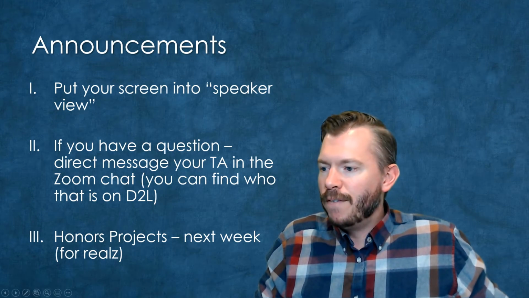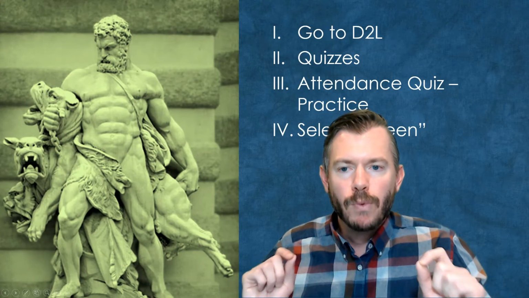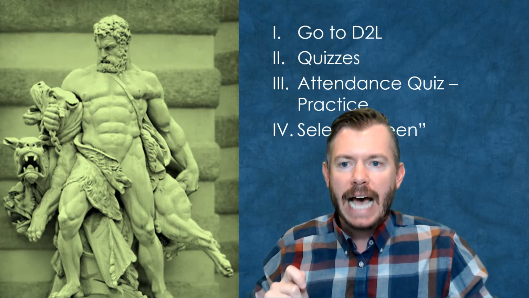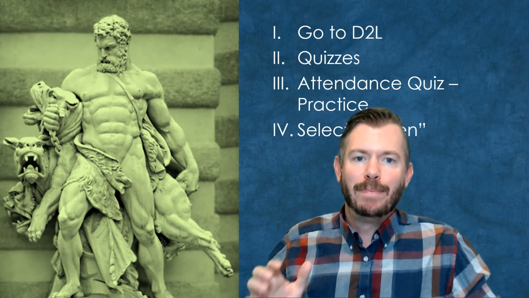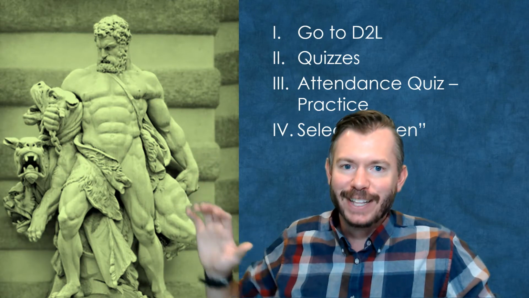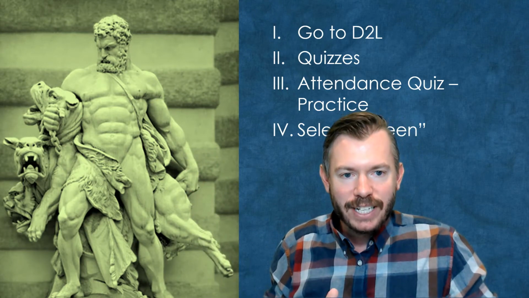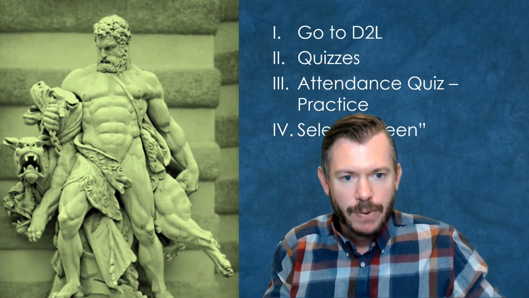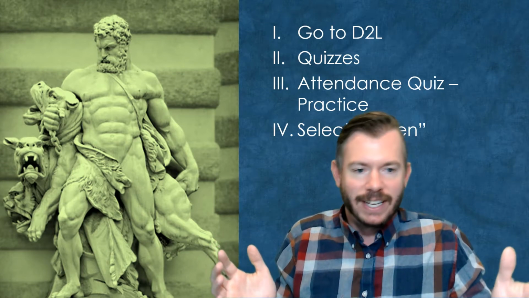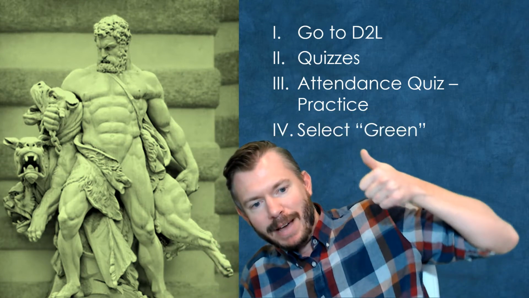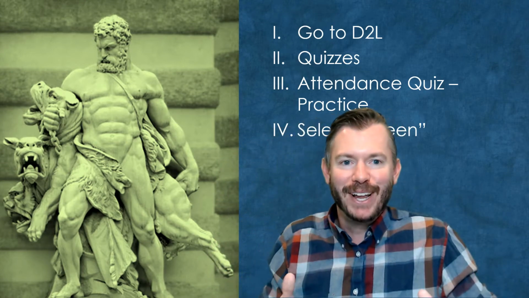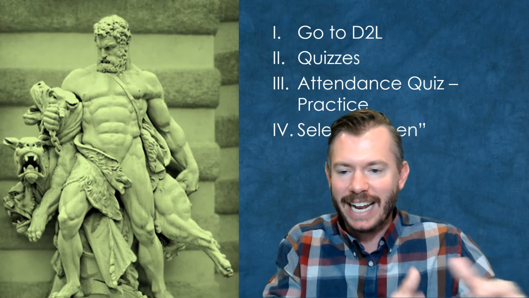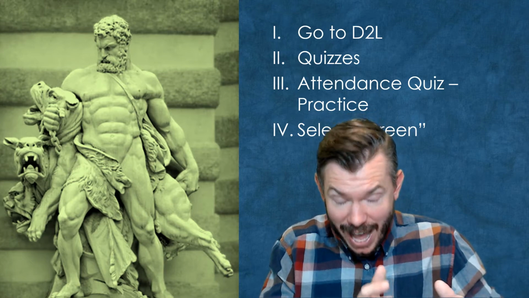Okay, so first things first, let's go ahead. I want to run through one of these practice quizzes again. The way that this is going to work is sometime during each class, I'm going to put up a slide of my main man Heracles here, and you guys are going to go into D2L, go to quizzes, find the specific date of the quiz, and just enter whatever color he is. So today he is green. Go ahead and put in green, and that should get you credit. Again, this one doesn't have an actual date or a score tied to it.